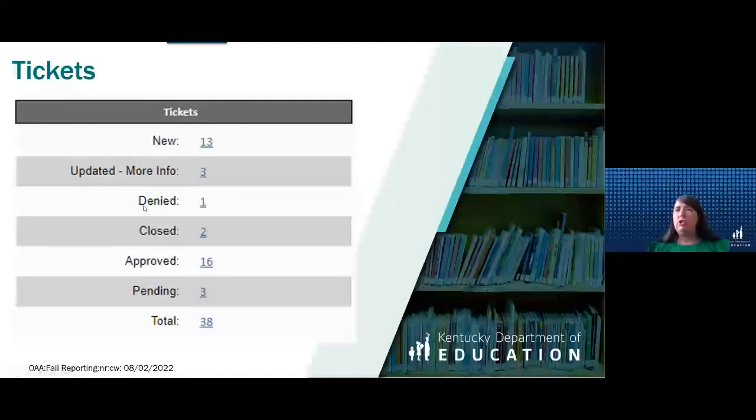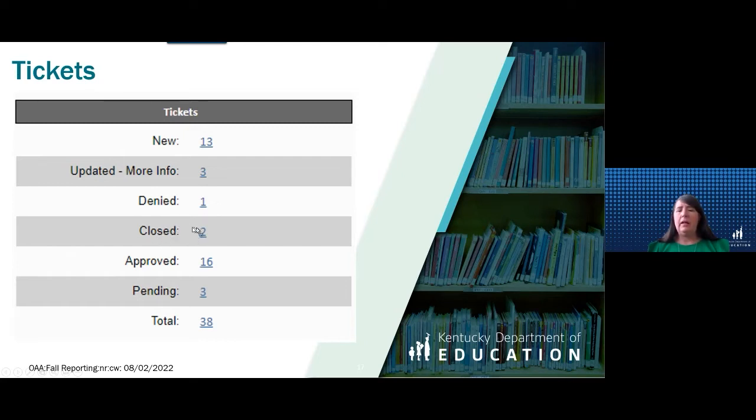And if you need to go in and submit a new ticket, we tell you what to do with that. But remember, none of your denied tickets will ever go away. They'll still be denied, even though you may have requested a new ticket for that student.